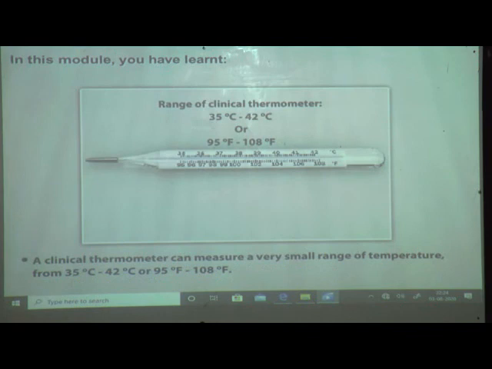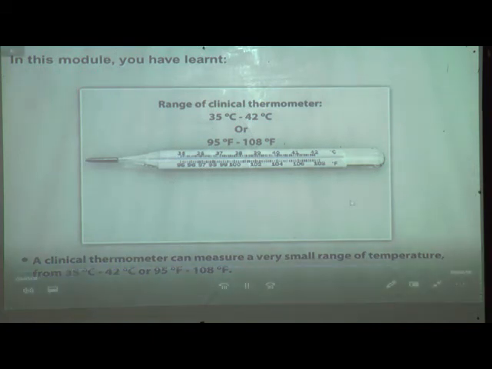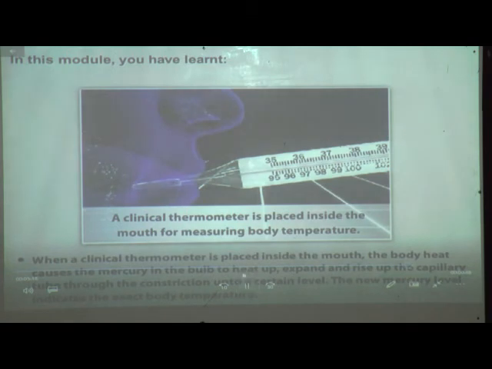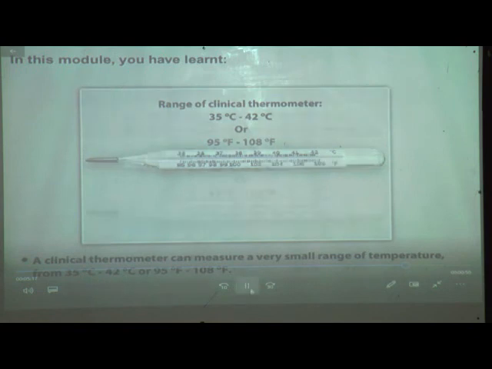A clinical thermometer can measure a very small range of temperature ranging from 35 degrees Celsius to 42 degrees Celsius or 95 degrees Fahrenheit to 108 degrees Fahrenheit. When a clinical thermometer is placed inside the mouth, the Fahrenheit,